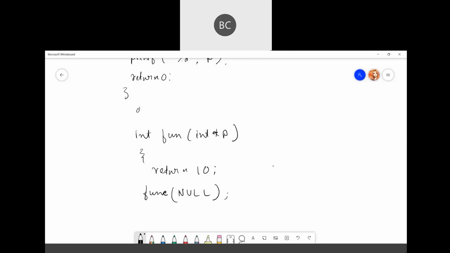So here is your function func, then there is a pointer. When you are calling it, you are just directly using the null value or null pointer during the call.